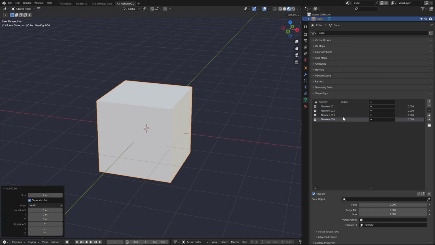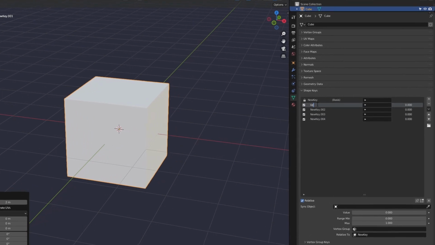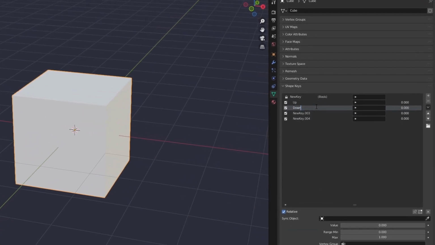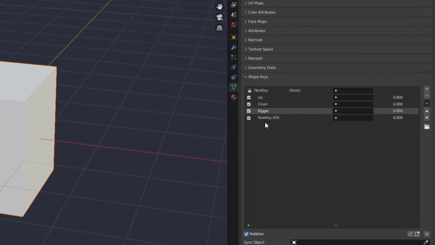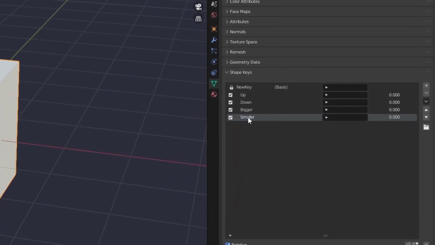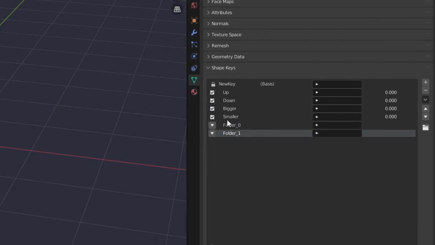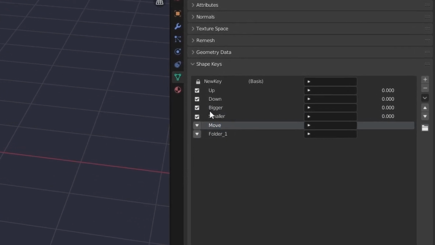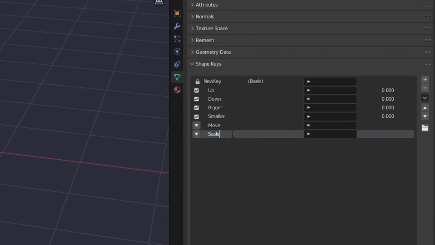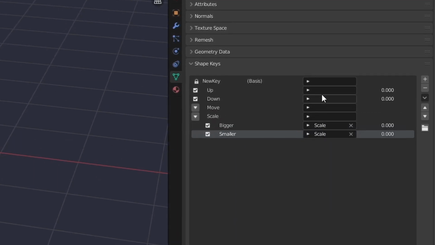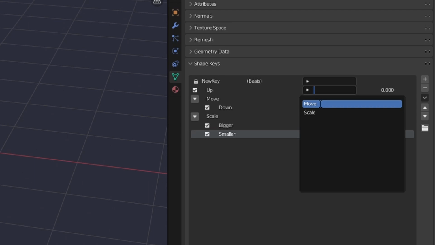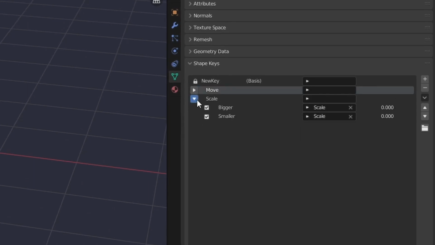Shape Key Collections gives you the ability to create a folder structure for your shape keys. This allows you to organize your shape keys into groups and subgroups, making it easier to find and manage your shape keys. To create a folder, simply click the Create Folder button in the Shape Key panel. You can then rename the folder and add shape keys or other folders to it. You can also use the Toggle button to close and open the folder, which shows or hides that folder's contents.